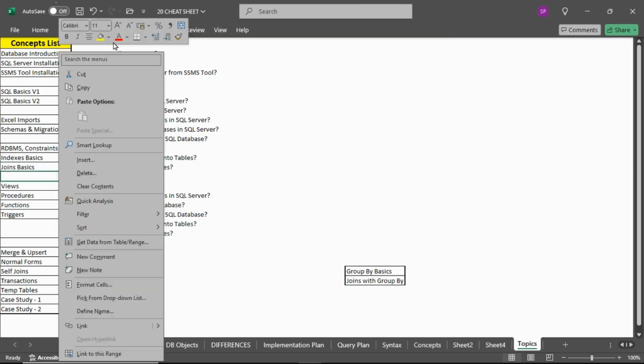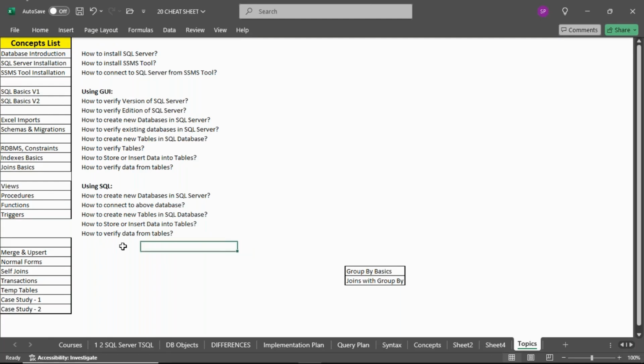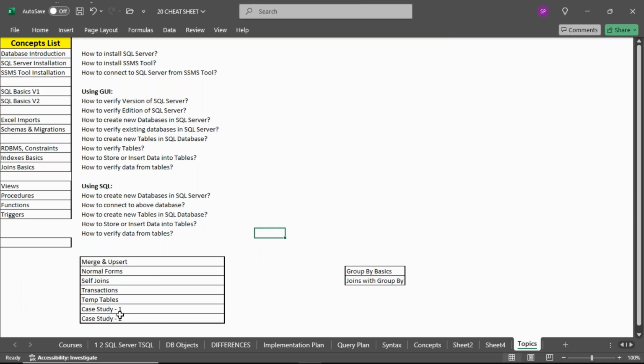Then we got the concept of objects like views, procedures, functions, triggers, all the core concepts we learned. And then our next item, after we learned all these core concepts,